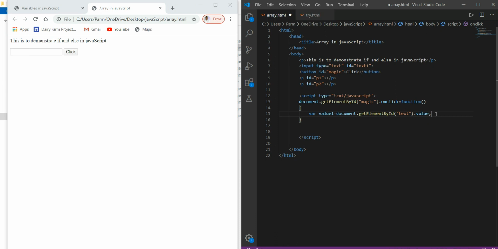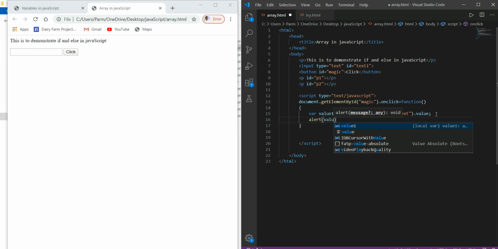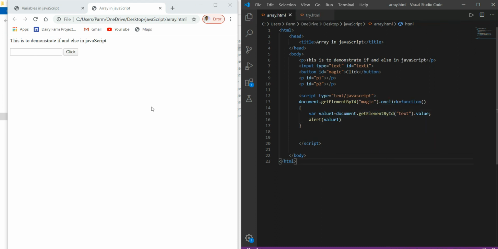Now just go with alert over here to check whether our statements up to this time are correct or not. So to this I'm just giving this value 1. Save this, refresh this, and here we enter the value, say www.